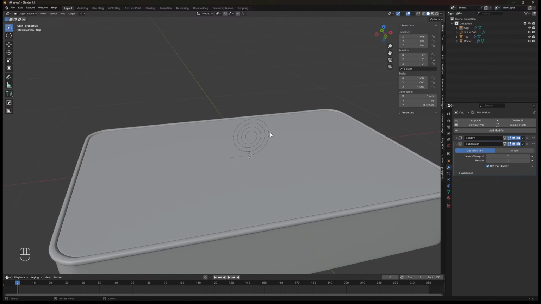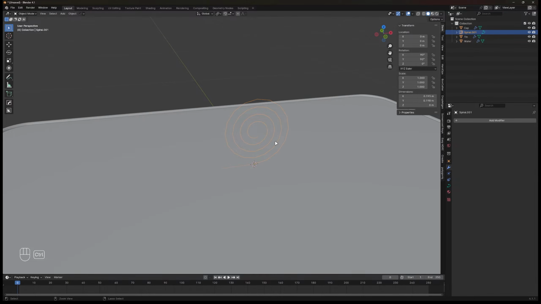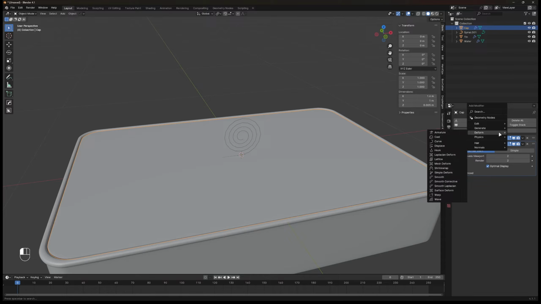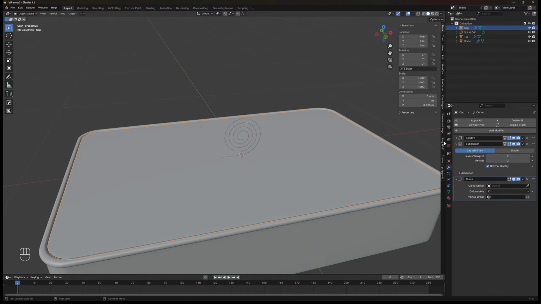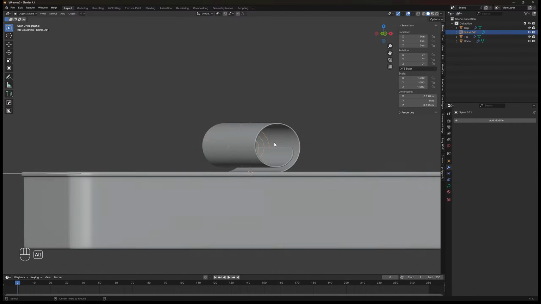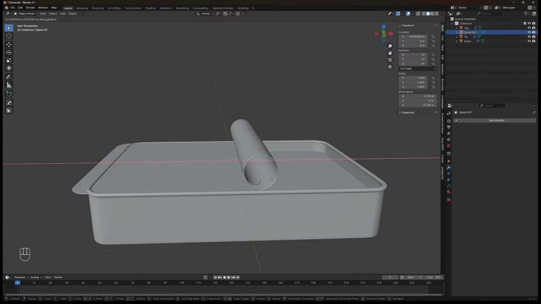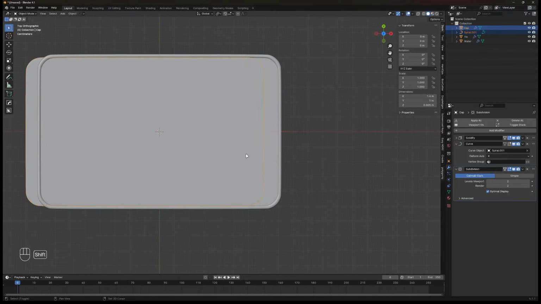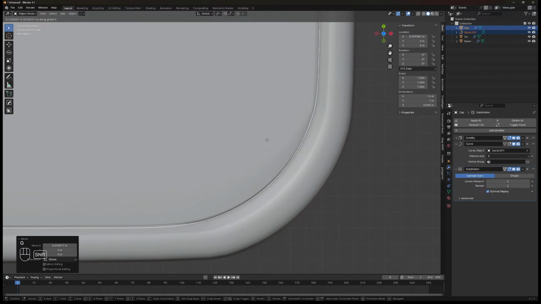In object mode, select the spiral, then press Ctrl+A and apply the rotation. Now select the cap and add curve modifier on the deform section, then move the subdivision modifier down below the curve modifier. On the curve object, select the spiral as the target by using eyedropper tool. Now we could roll the cap by moving the spiral on the x-axis. But before that, select the spiral and move it away on the right side here, then adjust the cap position manually.